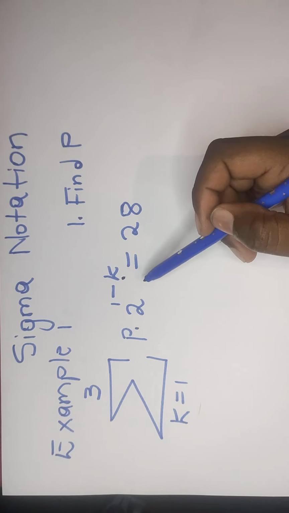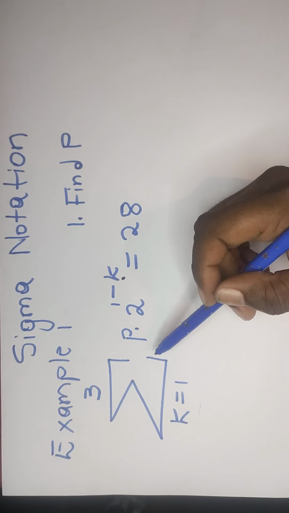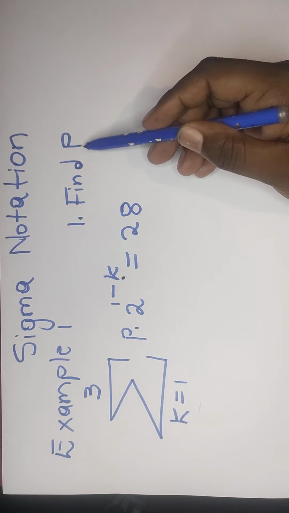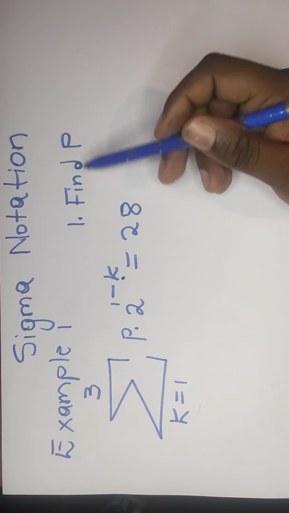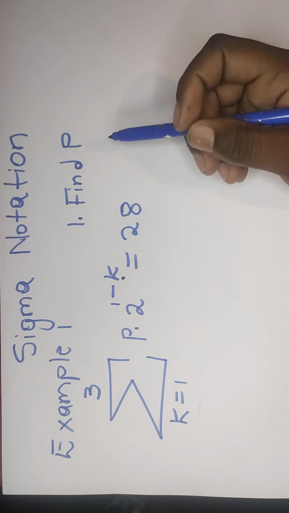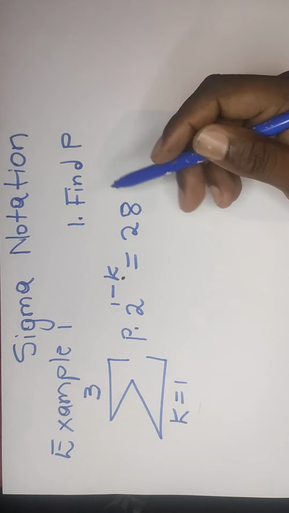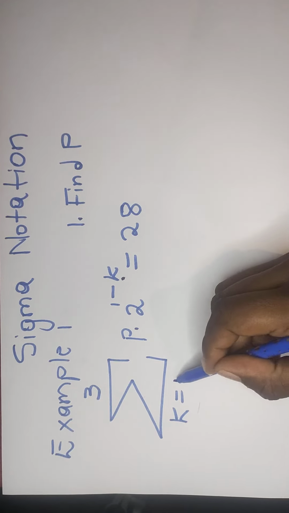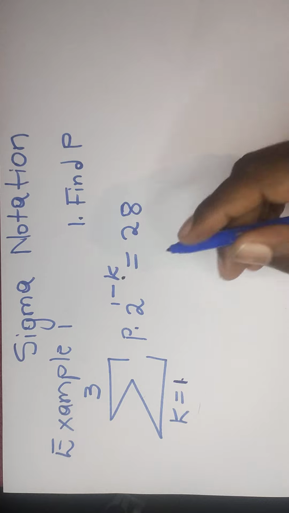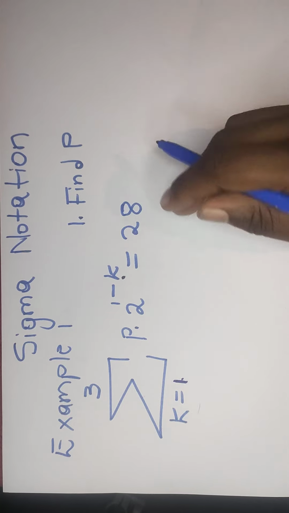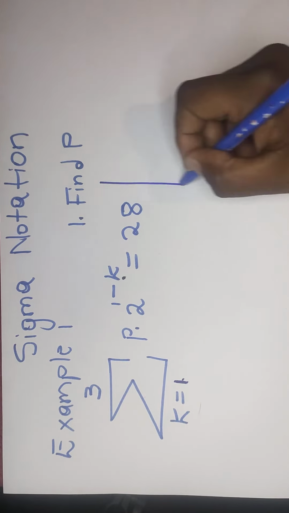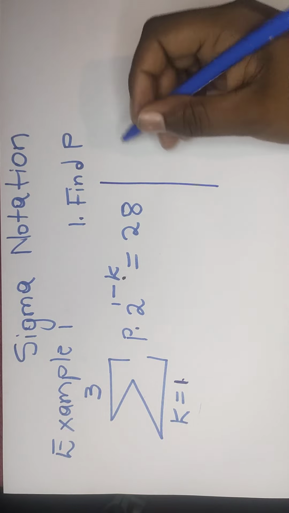So the question for this sigma is find p. So how do you find p? The first thing that you need to do is substitute, starting with 1. So let me just write here. Our series would be